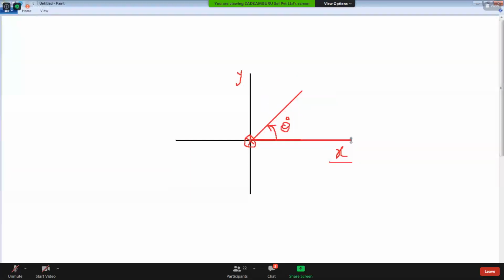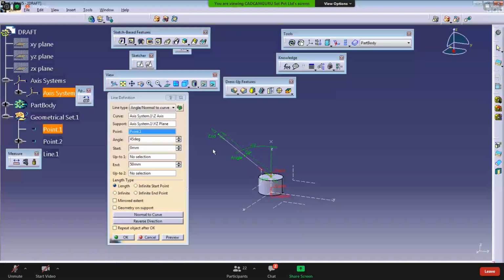And the zero reference angle is your X line. This becomes now 90 degrees. This becomes how much? Sorry, 180. This is 270 and this is 360. 360 or 0. So to define an angular line, what is my first requirement? Where is your zero line, and where is your rotation axis? The rotation axis at center. And then you can define the line at a specific angle. So those parameters we will put here.